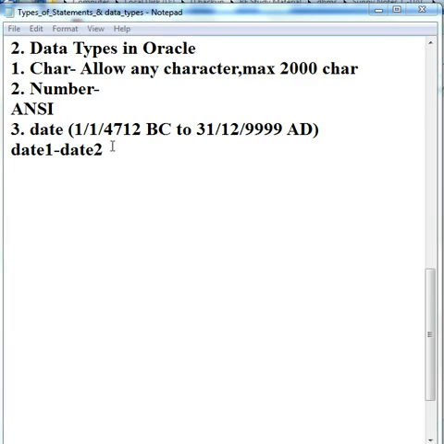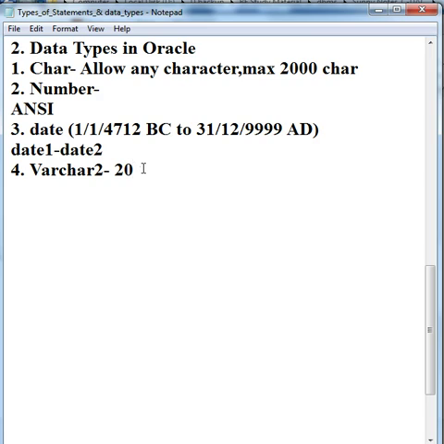Another data type is varchar2. What is the difference between character and varchar2? Basically, character is fixed length and varchar2 is variable length. It means, if I have taken 20 bytes and I am using only 2 bytes of the 20, then varchar2 will take only 2 bytes. The remaining 18 bytes will be available to memory and are not used by the varchar2.